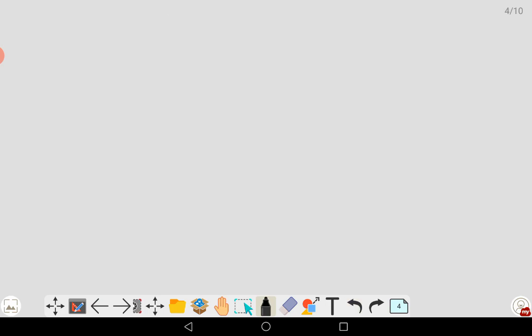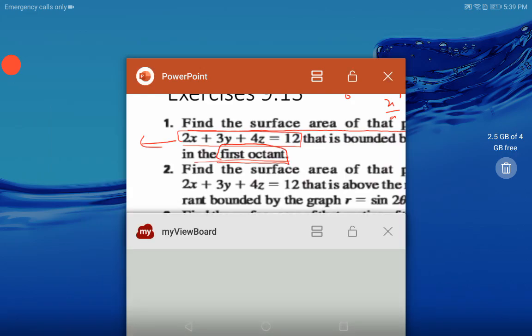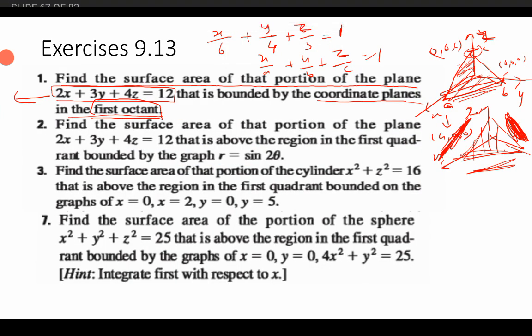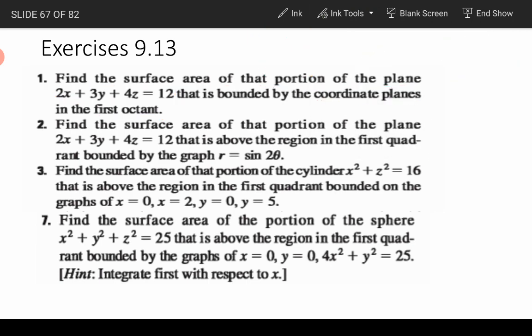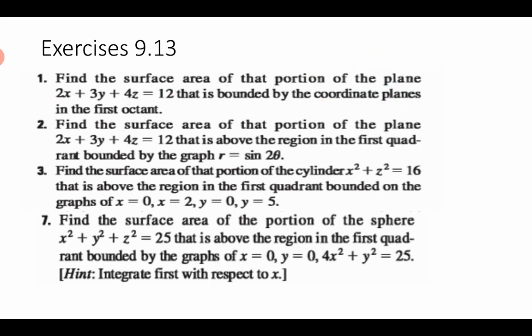Now we go to check what is problem number 2. The same equation has been given, but above the region, find the surface area of that portion of the plane. This is the same plane. We are getting the same tetrahedron that is above the region in the first quadrant bounded by the graph. Okay, now the same tetrahedron is there,